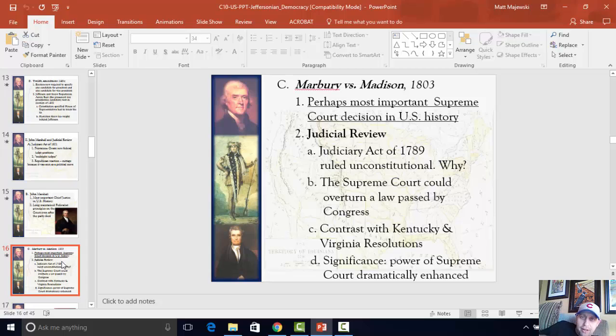What is significant about all of this, these details, is that Marshall rules for the first time ever that the Supreme Court can overturn a law that had been passed by Congress. This is something called judicial review. This is what gives the Supreme Court its power, and this is the first time it's ever invoked or used by the court. It says, hey, before a law can become truly official, we have the right to review it and strike it down if we think it goes against the wording of the Constitution. So this massively increases the importance of the Supreme Court. It suddenly makes them the equal of the other two branches of government.